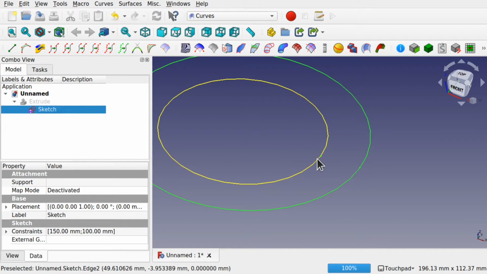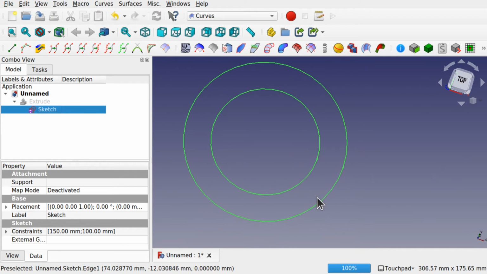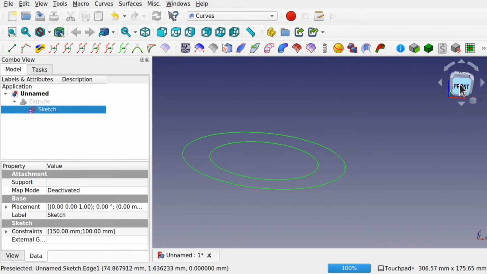What I need to do is either sweep a profile around here or make a revolve around here. If this wasn't a ring like this, I would use a sweep with a profile. Say if it was a ring that was in the shape of a slot, then I'll use the sweep profile along there. To do that with this ring, we're going to come around to the front and we can create a